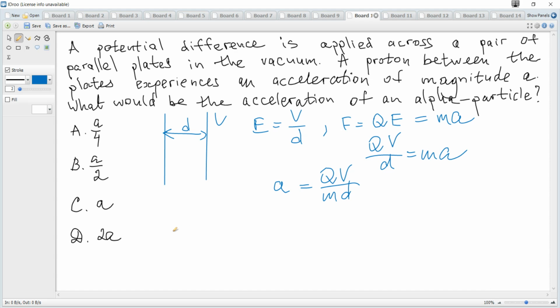If we talk about charges, the charge of a proton is just one elementary charge. And what is an alpha particle? It's a helium nucleus. It consists of two protons and two neutrons, and since there are two protons, the charge will be 2 times larger. So we can say that it's 2qp, or you may use the elementary charge e for the proton and then 2e for the alpha particle. And if we talk about masses,